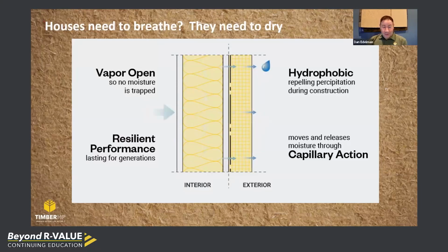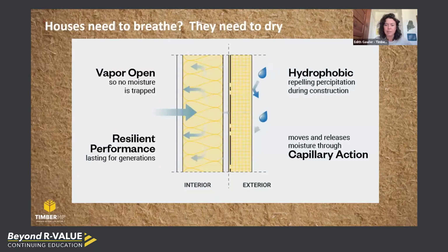So then I have this great diagram of what I call a split system. I think many people call it a split system. But Edith, did you want to explain this system that we like to promote? Yeah, and I'm really excited that we're able to provide a board product in our suite of